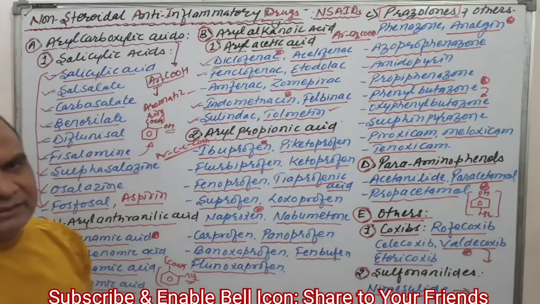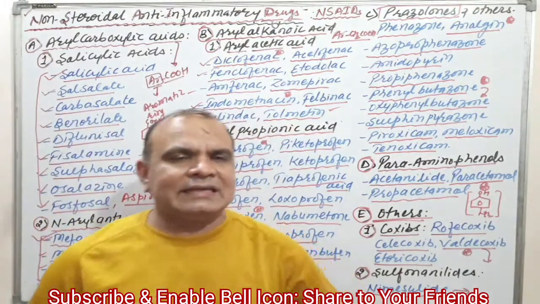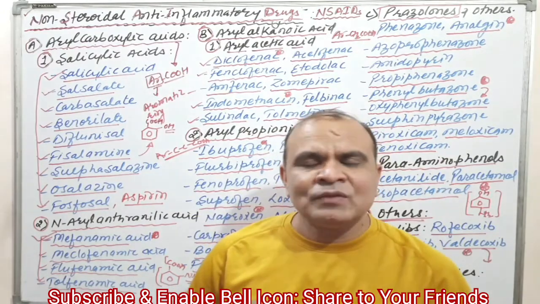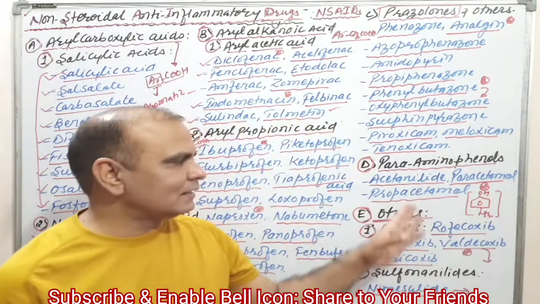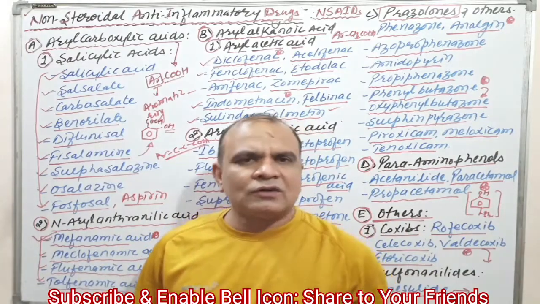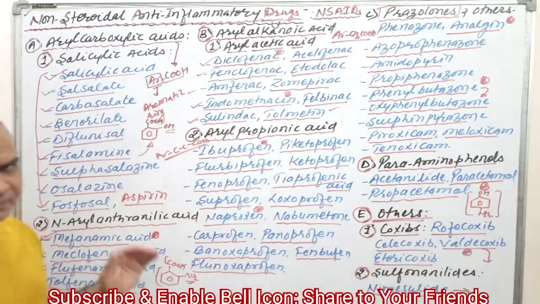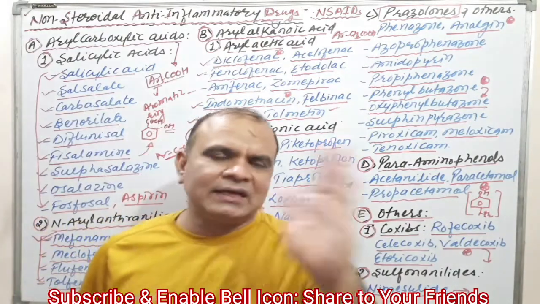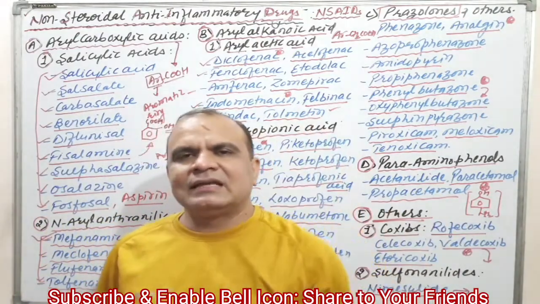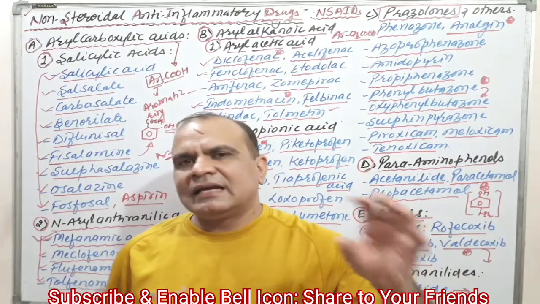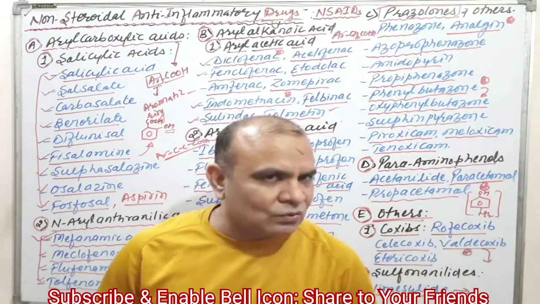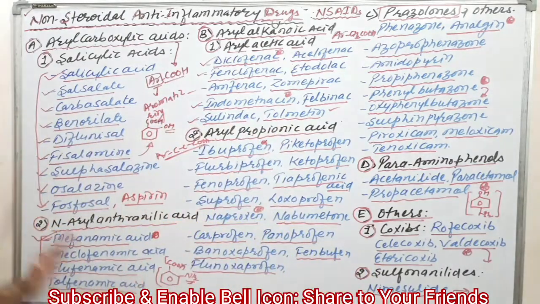This is all about the classification of non-steroidal anti-inflammatory drugs, also known as analgesic drugs, which are also used as antipyretics to a certain level, like paracetamol. A number of therapeutic categories have these drugs due to their respective actions, like gout, rheumatoid arthritis, and different operative surgeries. Okay, this is all about NSAIDs.